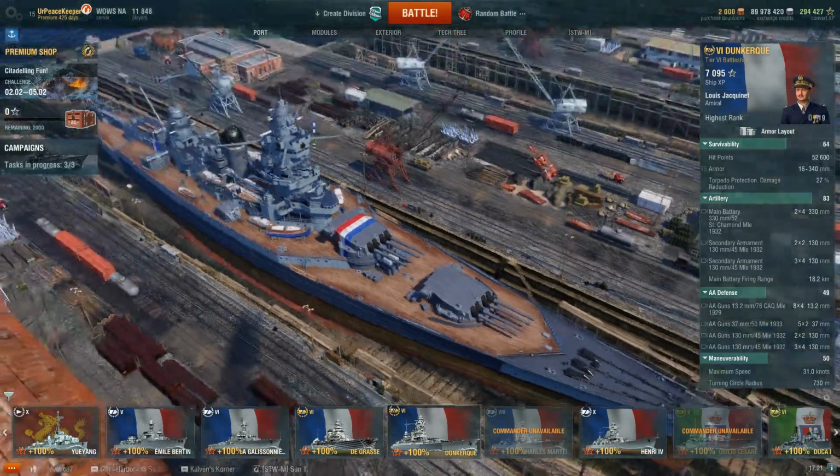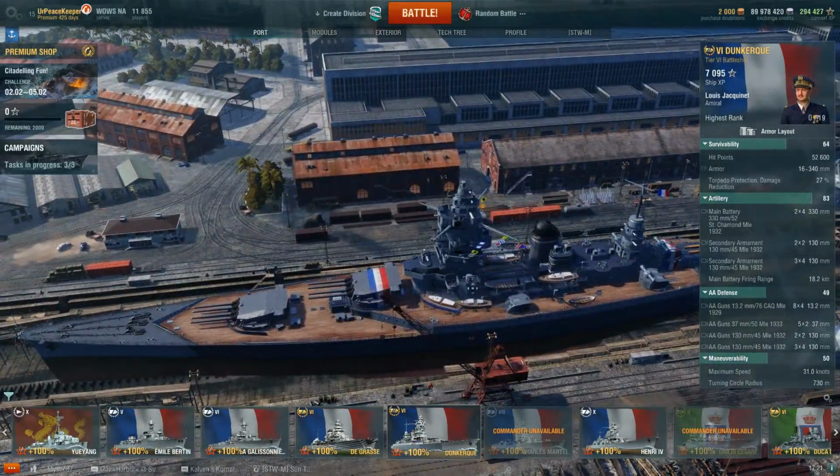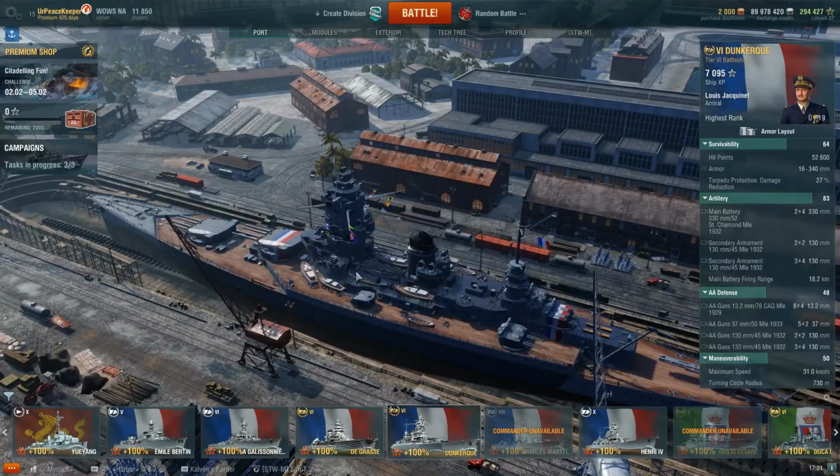In terms of service history, Dunkirk's life began in what can only be described as a purely French function. She represented the Marine Nationale, the French Navy, in 1937 at the British Naval Review. Later, she took part in another naval review near the